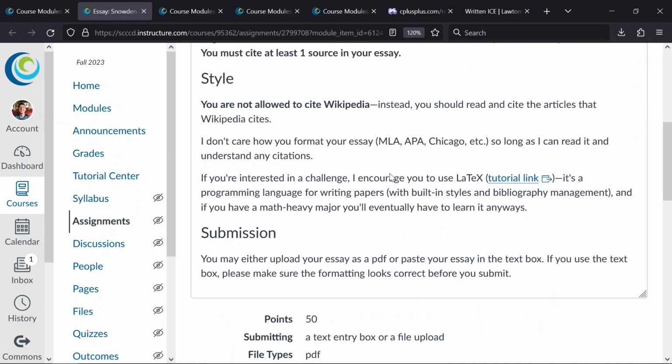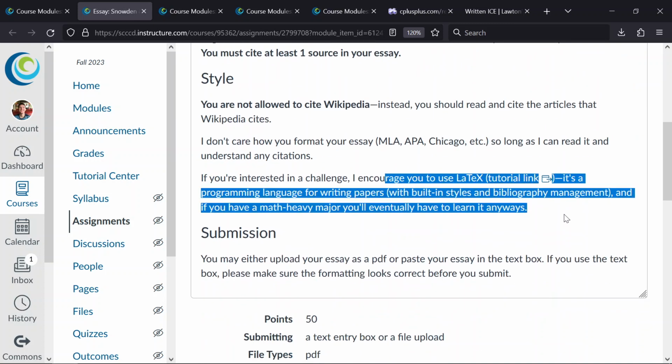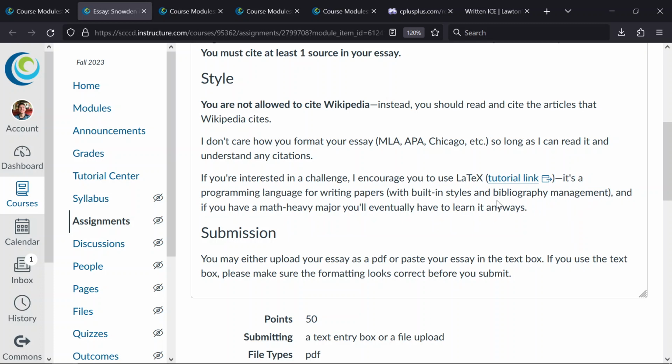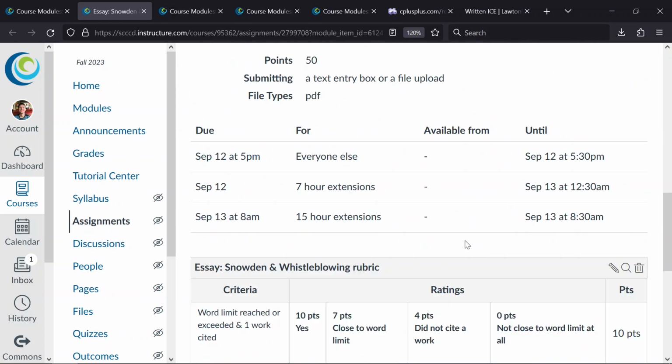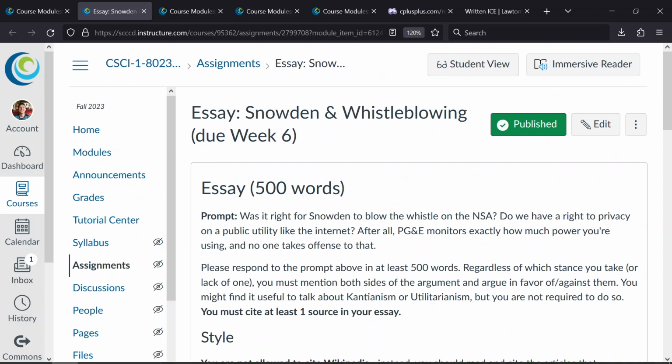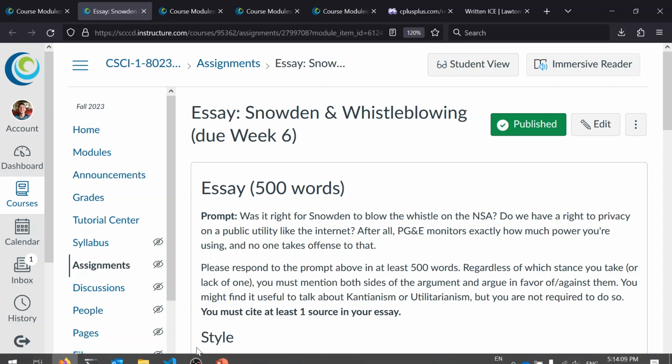And there is a programming language to write essays that I don't remember if I talked about before. So if you want a challenge, use that. But that is your next essay. Are there any questions about it? Due week 6, and apparently the real due date is September 12th. Okay? So you got a while. Any questions about any of that? If we're good, that's all I got. So it's September